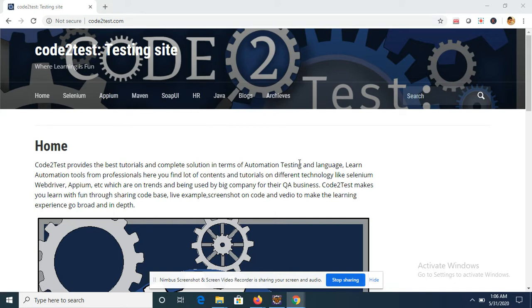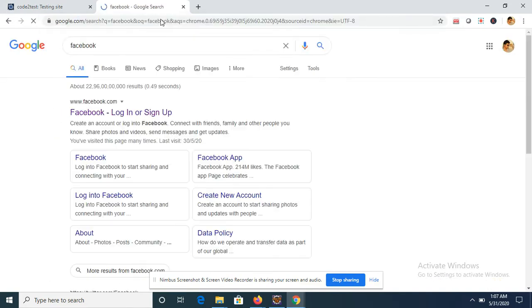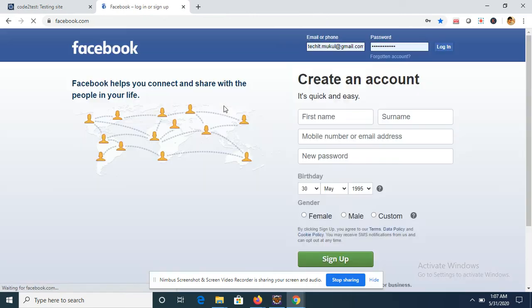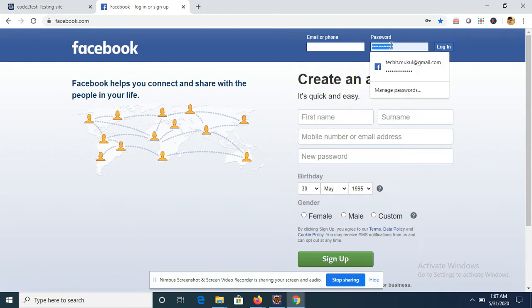So coming to today's tutorial, today we are going to learn how to handle a drop-down list box using Selenium WebDriver. For this, we'll consider a scenario. We'll take an example of a social networking site, Facebook. Under this application, when we come to the landing page, we see the sign up page, and over here we see first name, last name, an email address text box, and a password.